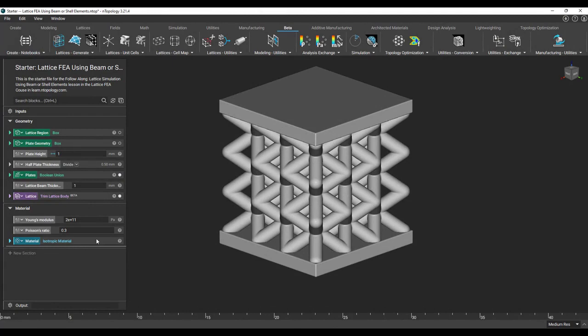In this lesson, we will go through the steps of setting up and running a static structural analysis on the same simple lattice example from the previous follow-along, but using the beam elements method instead. You can download the starter file below to follow along with this video. And again, we want to simulate this lattice with compressive load applied to the top plate and also fix the